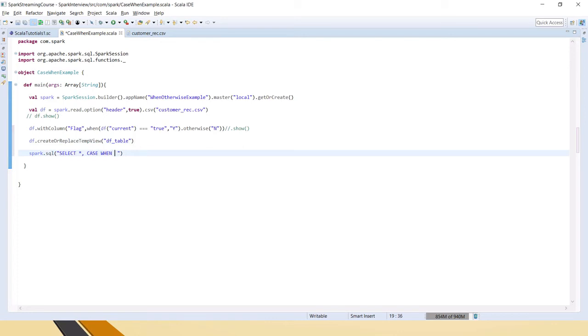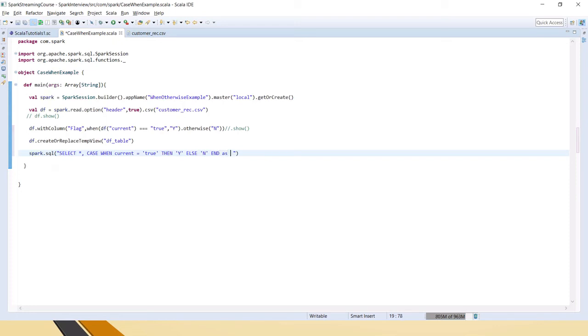So case when current equal to true, then have it as y, else have it as n, end. This end is there for the case.